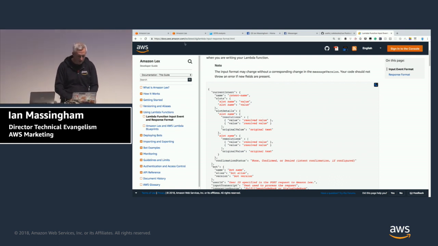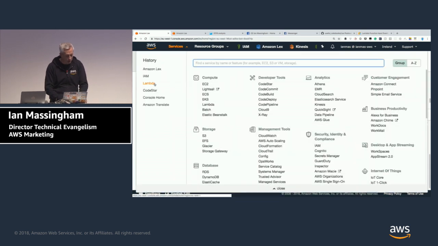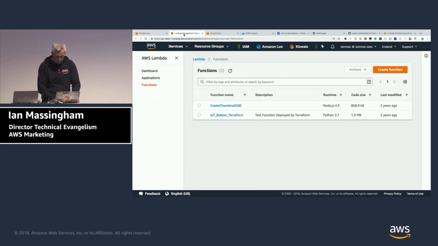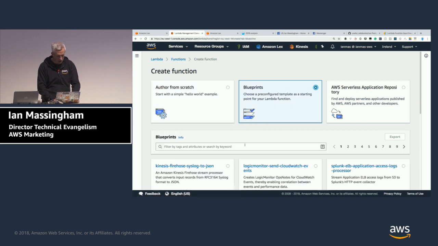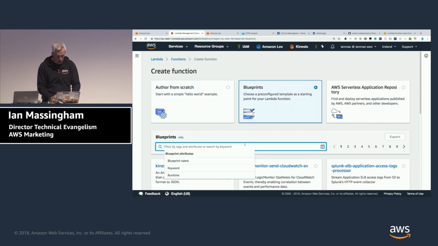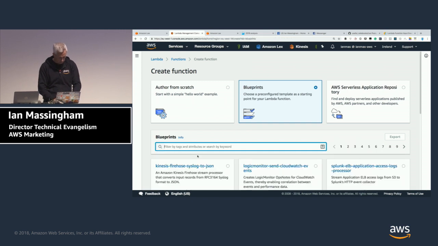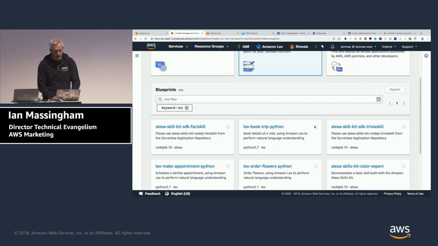We'll grab a Lambda function which is capable of enriching this sample chatbot with the business logic that we need. And to do that, we're going to open the AWS Lambda console in the same region in Ireland, which you'll see here. And we're going to create a function using a blueprint. Okay, and we can search our blueprints, and we want book trip was the name of the sample. Try that again. Lex. Here we are, book trip Python. So we'll deploy this, okay?